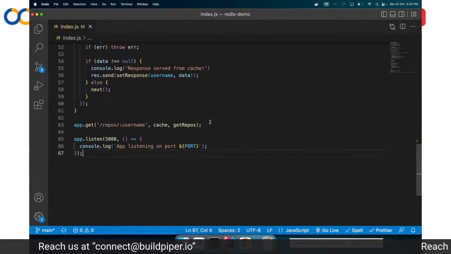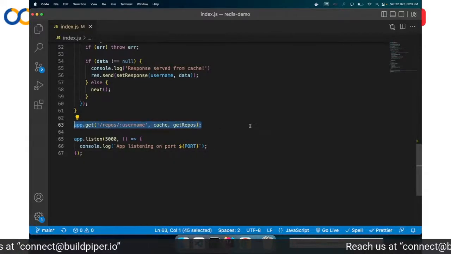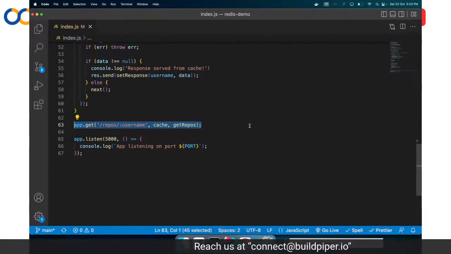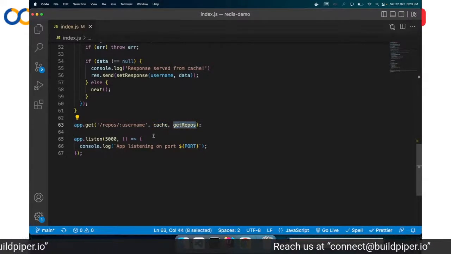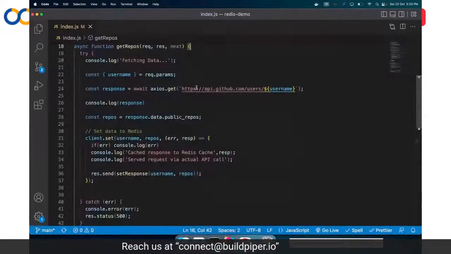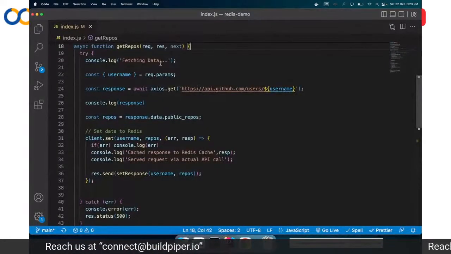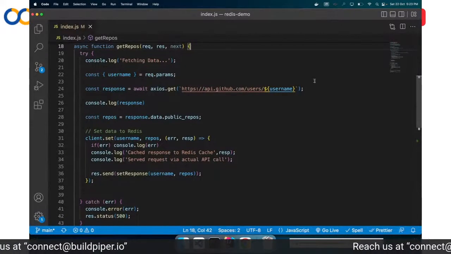So this is just one line of code for creating an API in Node.js. It's that simple. So we have this handler function and we have this cache function which will handle the caching for us. So first look at the get repos method. What this get repos method does is it makes that API call.